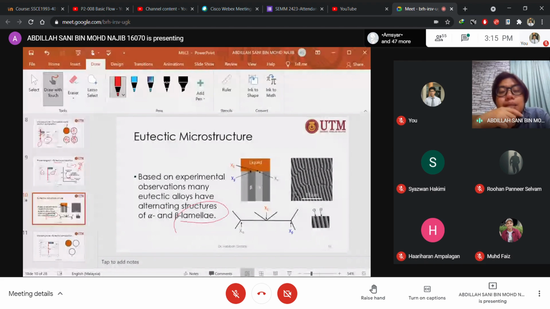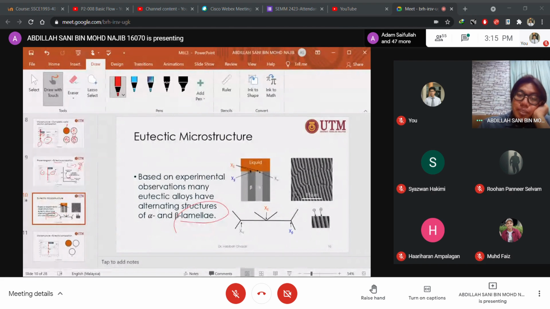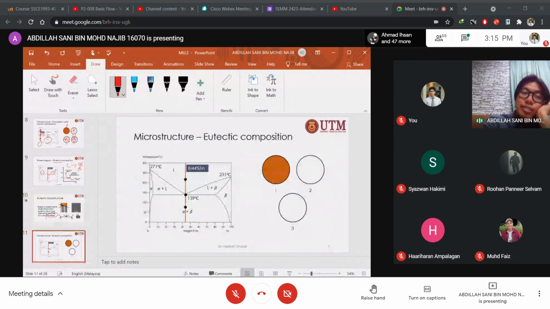You don't have the time to get together and divide into two large areas of alpha and beta, but rather it occurs in a very short time, so it will have this lamellar structure. So you see that, yep, this is how the lamellar looks, the solidification at the